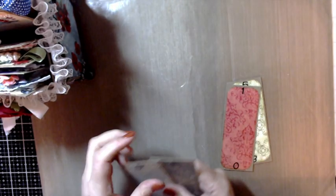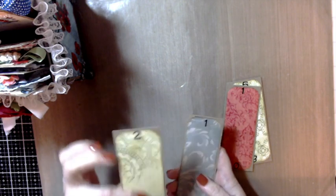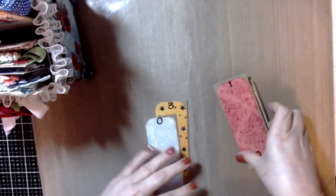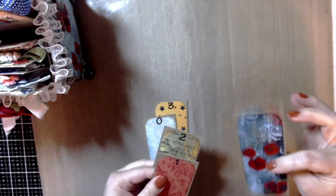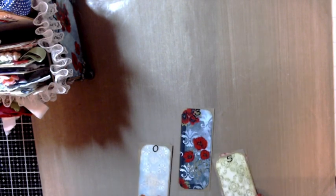All right, and then we have the numbers for the days. So on the left-hand side, we have 0, 1, 2, and 3. Then over here we have 1. Oops, I got out of order. 1, 2, 3, 4, and then that goes up through 9. So the idea is you have, this is the first, this is the second, this is the third, right? You get the idea? So then you